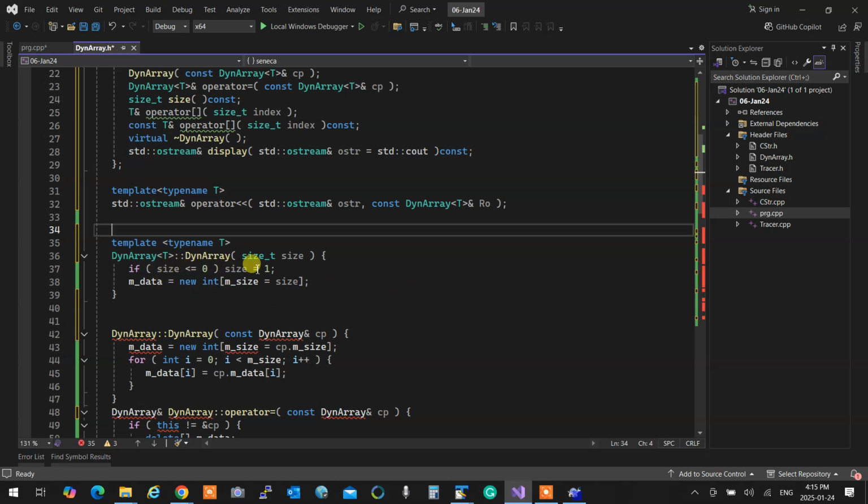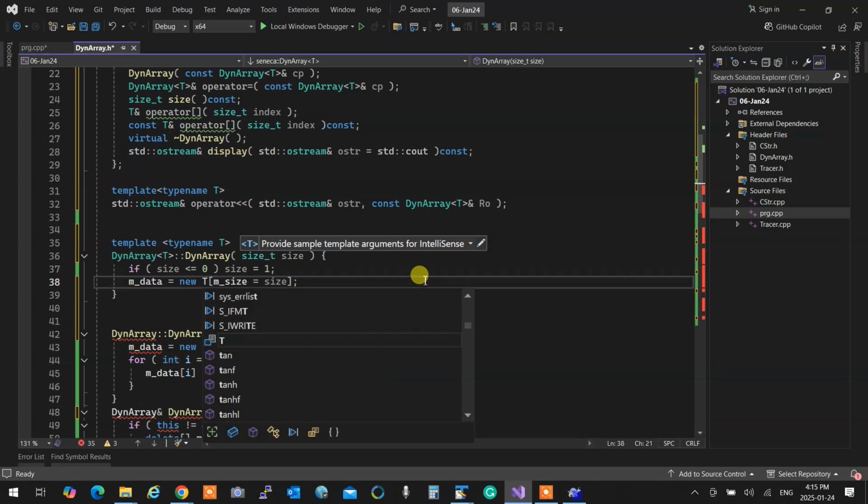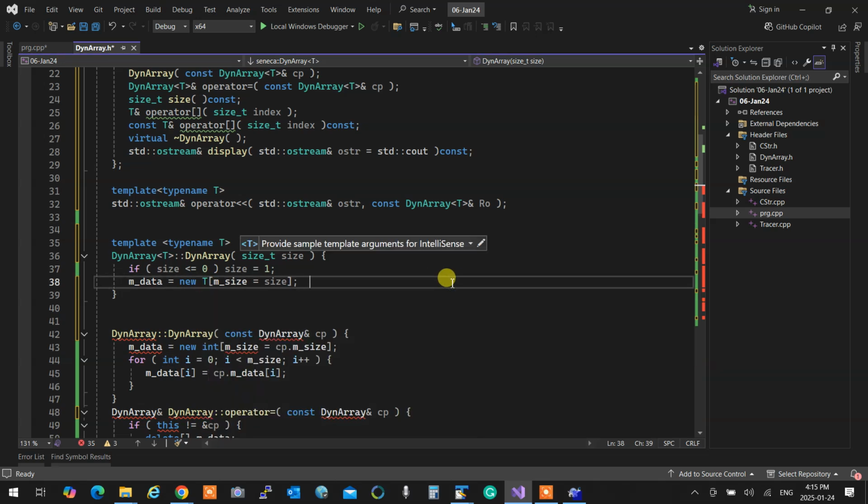Now, in here, what do I have? I have new int, correct? So that is supposed to be T, not int. So that has to change. And right off the bat over here, you have to mention what? When you get to a place where you see something iffy is happening, if you can create an array of a class, it means that type for sure has what? If I can create an array of employees, if I can say employee A10, semicolon, employee must have